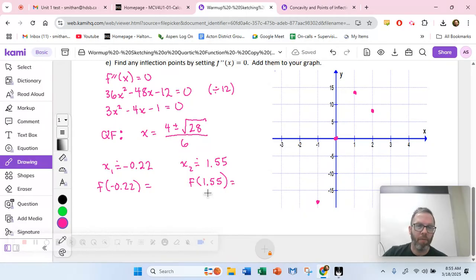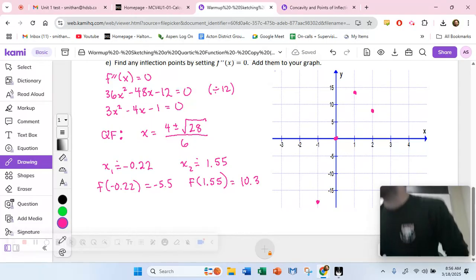So when I plug in minus 0.22, I got about minus 5.5 for when we graph it. What did you guys get for 1.55? 10.3 seems reasonable. And let's add those to our graph. So remember,